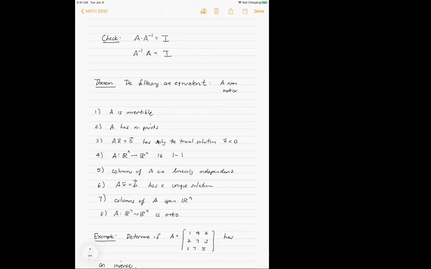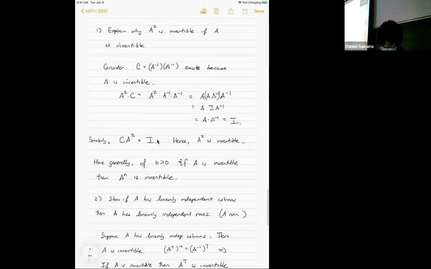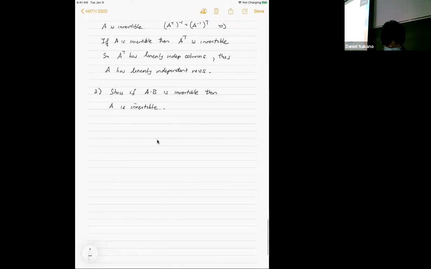Right. So why don't we argue it this way? Oh, I think I made a mistake. I apologize. This should be B invertible. That's probably better. To show the invertibility of B, we're going to show that the homogeneous system has only the trivial solution. So consider